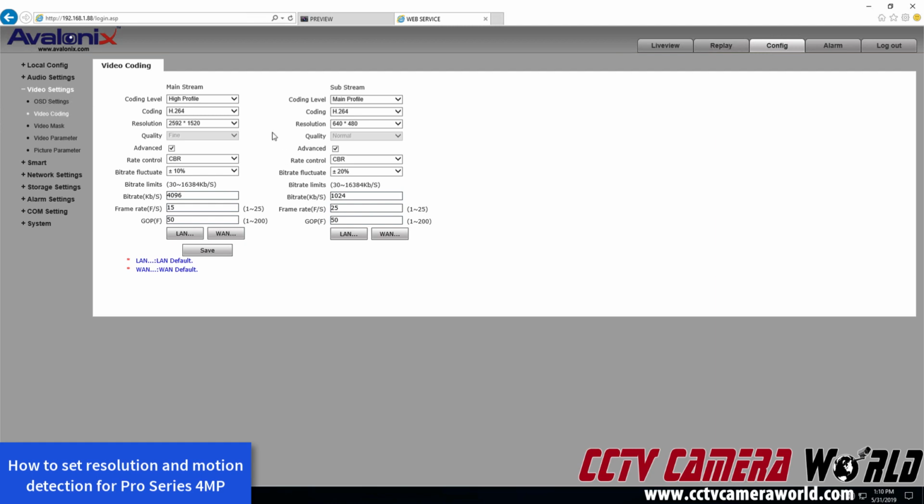This is a 4 megapixel camera. I set its resolution to 4 megapixel CBR. It's very important you do that. And the bitrate to 4 megs per second. That's 4096. And the substream should be H.264 640 by 480 CBR and 1024. You could reduce this to 512 if you wanted to save more bandwidth for the substream if you have slow